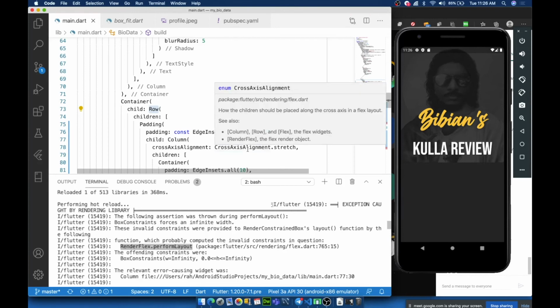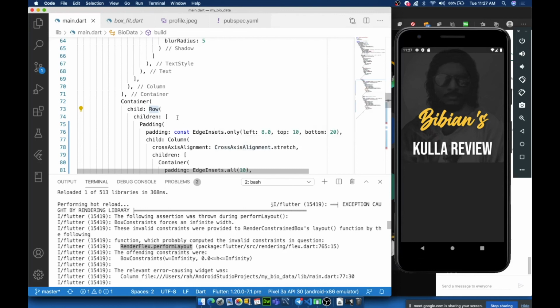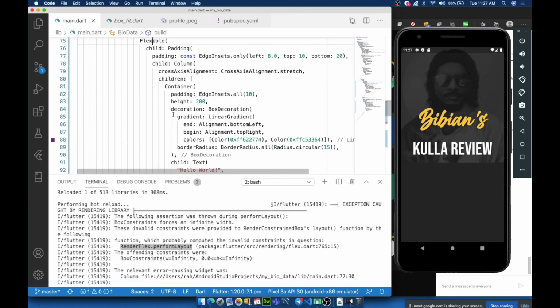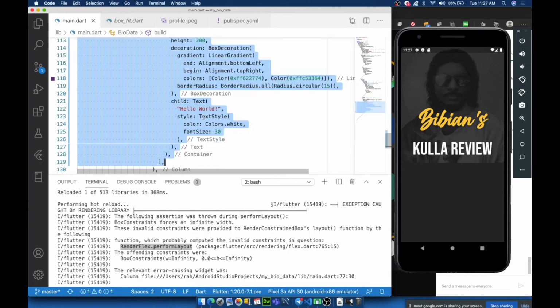That's why we are using the flexible widget, which will tell the superclass, what's the superclass here, which will tell the row widget that both widgets, that is column 1 and column 2, we will share whatever space is available. You do not have to worry about the width or the height. That's why I wanted you to wrap these two widgets in a flexible. So do you get that? Do you understand what we did?